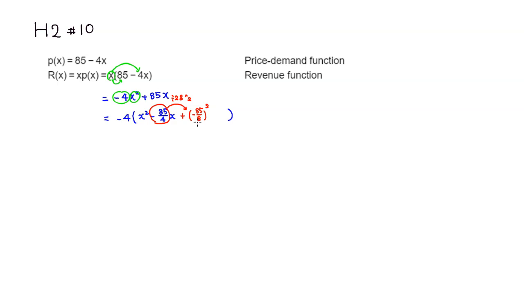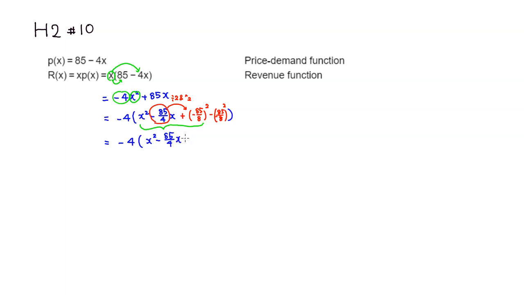But this term wasn't there, so I'm going to subtract out exactly the same thing. So negative 85 over 8 negative squared, right? So we have that. So we can use these three terms to factor it out. So what I'm going to do is first group those three terms together. So you have x squared minus 85 over